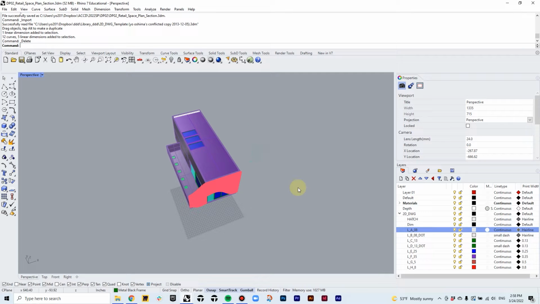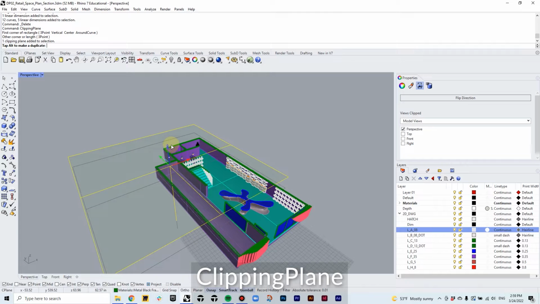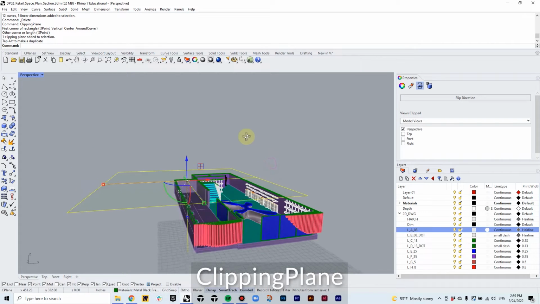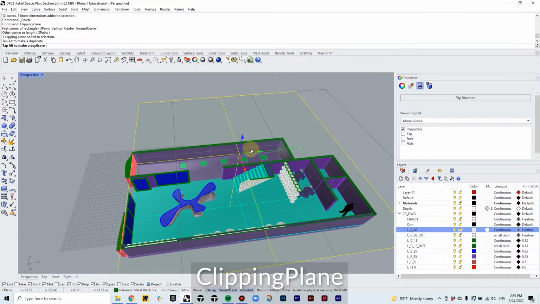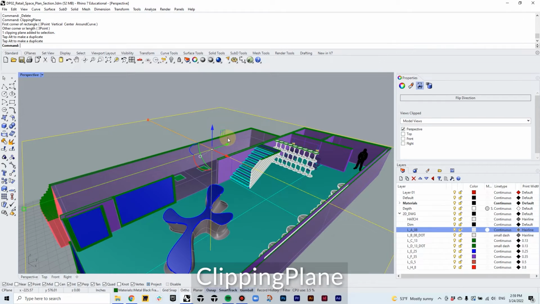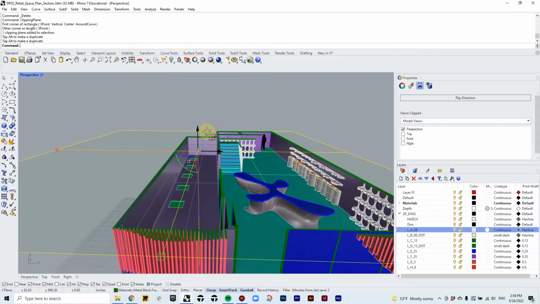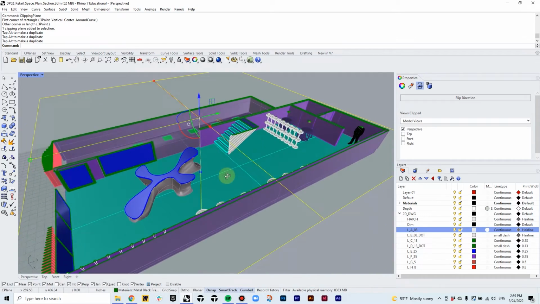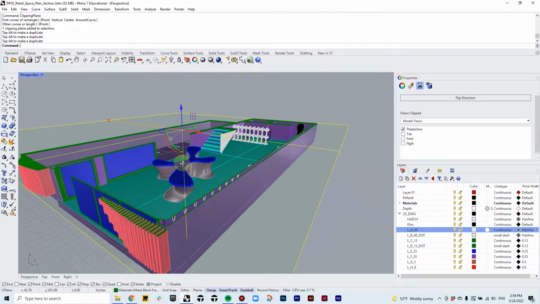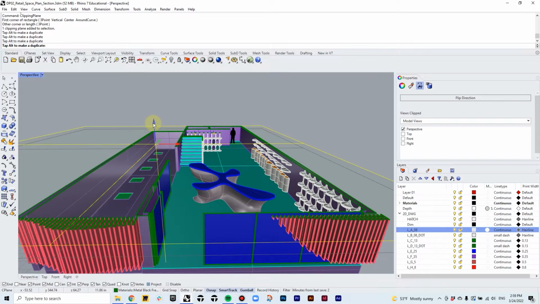Okay, the first thing that you're going to do is run the ClippingPlane command, and then you can move this up a little bit higher. In theory, we would like to place a clipping plane about 4 feet above the ground. But in this case, there's no particular rule for that. I think it's a little bit higher than this guy's head, so we can bring it down. It really depends on how you want to show. In this case, clearly I want to show the table, and I want to show some of the facade elements. I can bring it up, and